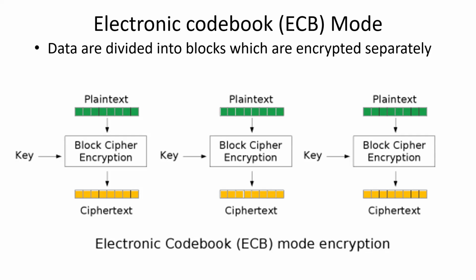So an attacker can notice that different ciphertext blocks are identical, and therefore they know that certain plain text blocks were identical. With cipher block chaining, each block of plain text is exclusive ORed with the previous block of ciphertext, and so you don't know that, even if you encrypt the same thing multiple times using the same key. If you use a different initialization vector, it comes out different every time.